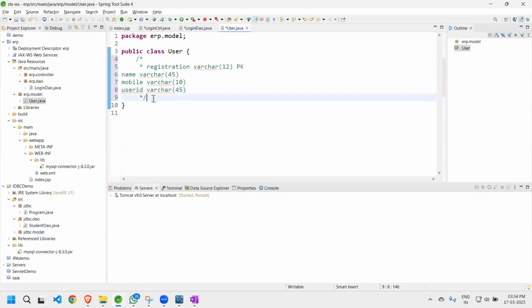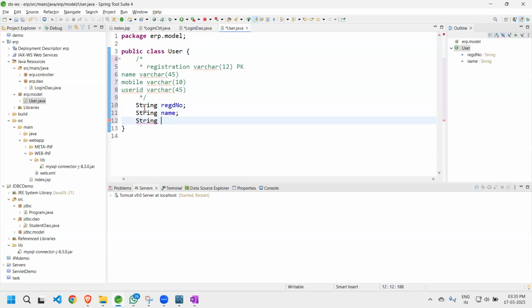So I'm just creating them. The registration number is a string type, string regNo. Similarly, string name,